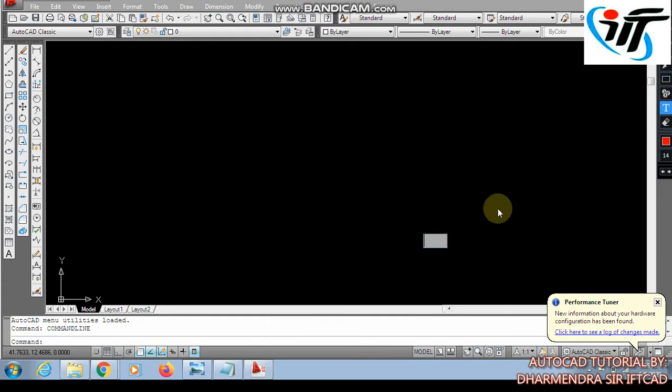The first command we are going to discuss is mirror. For the mirror command we need to have an object. Draw an object using the line command or any other type.